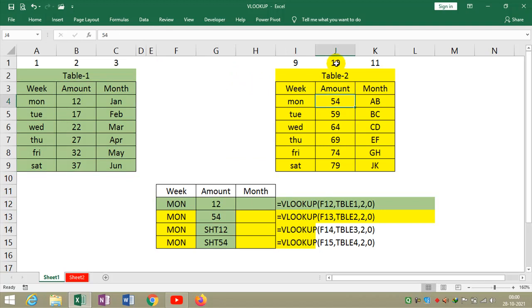Actually J is column 10, but the VLOOKUP function searches the ID, that is lookup value F12. So F12 searches, F13 searches, where? There. So that is column index 1, and after that column index 2. That's why I use column index 2 over there.